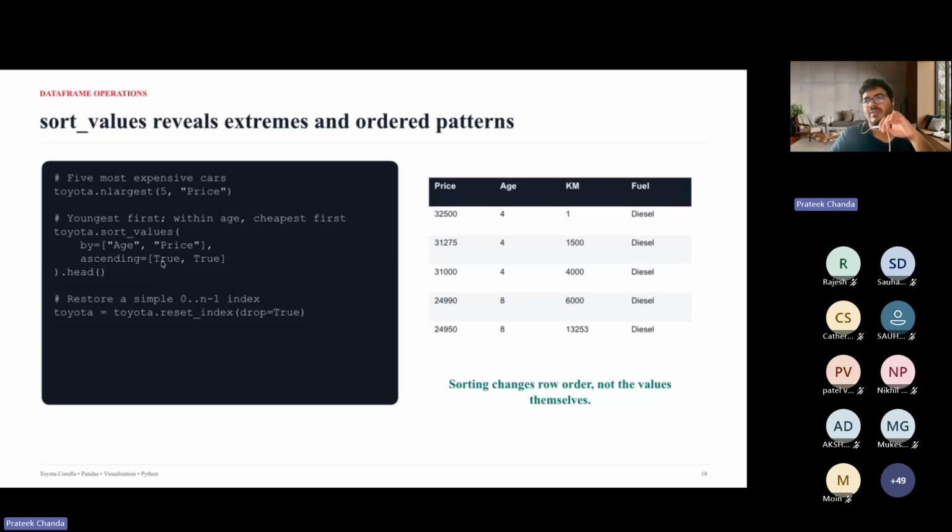For age you would set ascending to True, so it goes from young to old, and for price it would be cheap to expensive. This gives you a sub data frame, and you can just do head to get the first 5 rows. You can also restore the simple 0 to n-1 index. For example, if you have already sorted but want to go back to the original settings, you can just do reset_index.